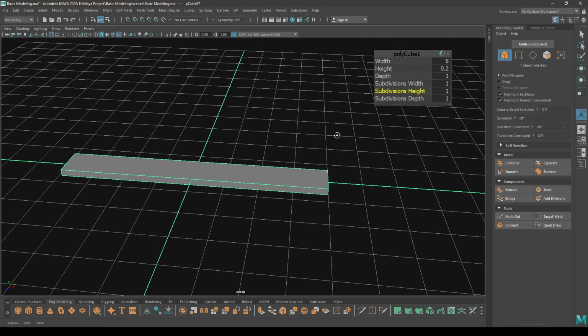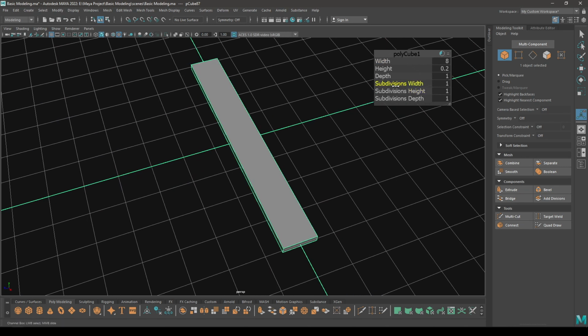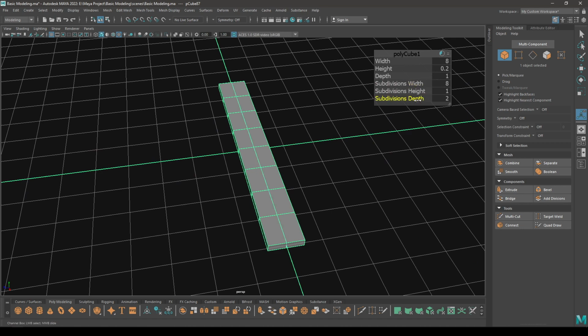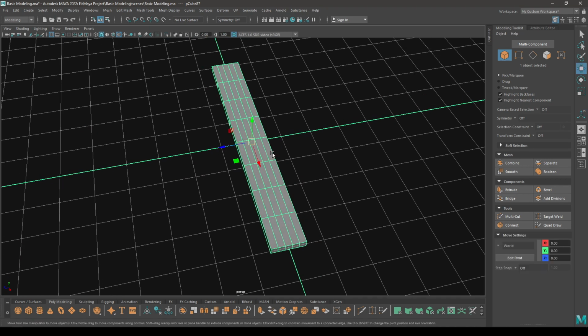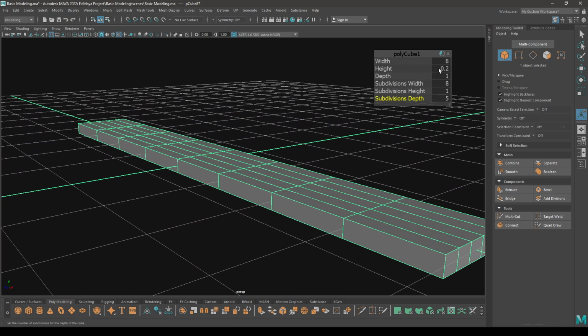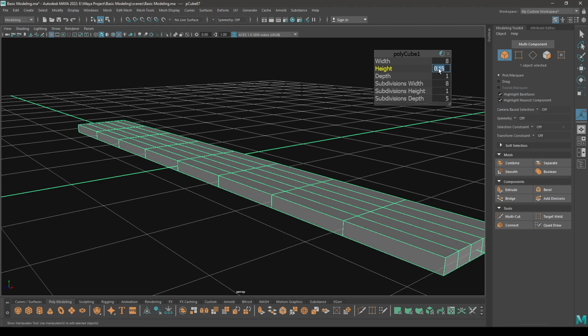Now I'm also going to add some subdivisions to width and also the depth. Maybe let's decrease the height a little bit, keep it 0.1.